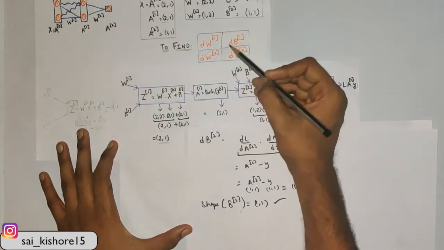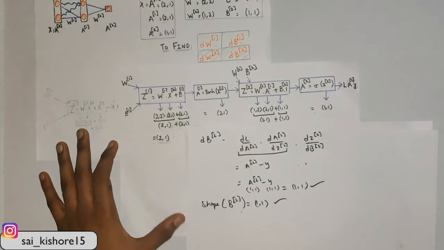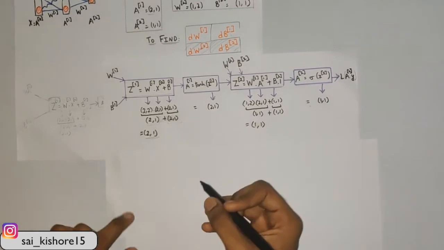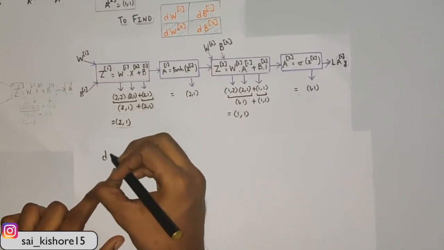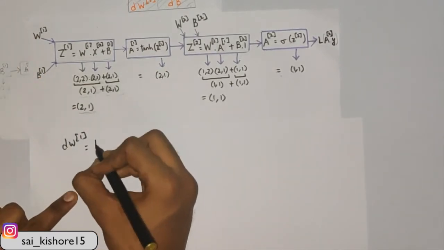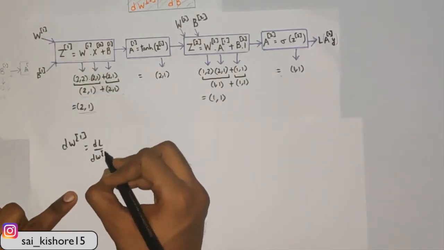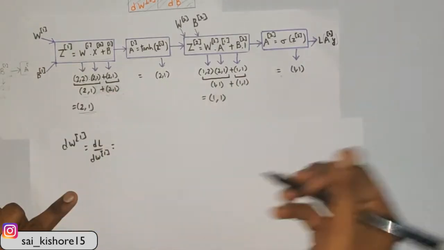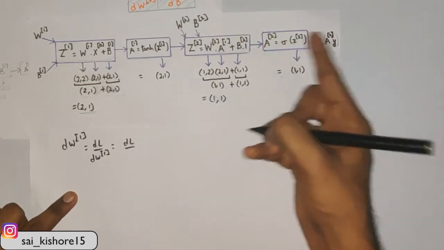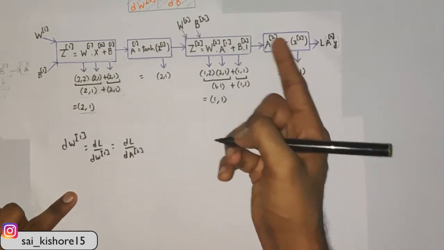Now since we have computed the gradients for weights and bias of layer 2, we go to layer 1. Okay, now our objective is to find dw1, which is here. So this is also written as the gradient of the loss function with respect to w1. So this is a long way there. You have to get started from the loss function and then differentiate the loss function with respect to a2, and then come back here,